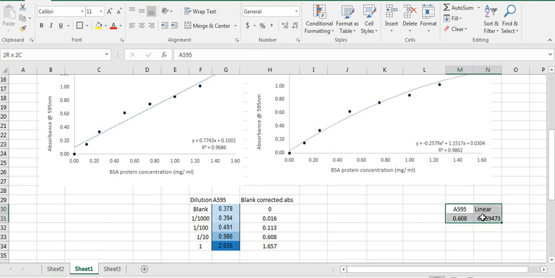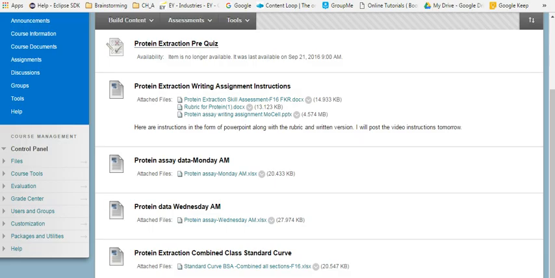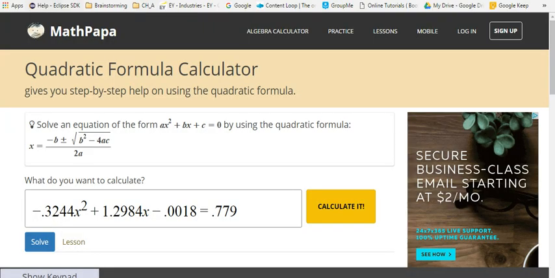And that would be your 6.55 mg per mil, or milligrams per milliliter, concentration. You will then repeat this same exact procedure using your quadratic function or the polynomial equation that you have here. You can take this equation and put it into this particular website that I've shown, and when you substitute the value of your x